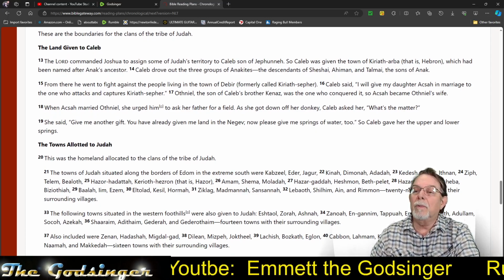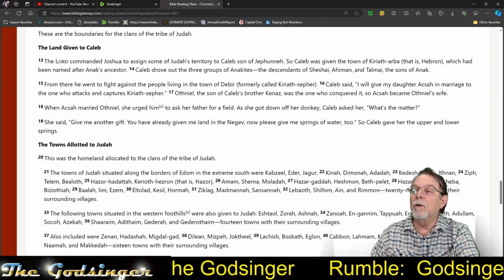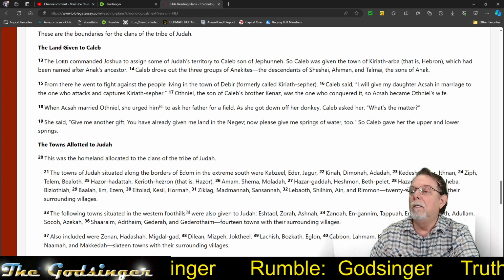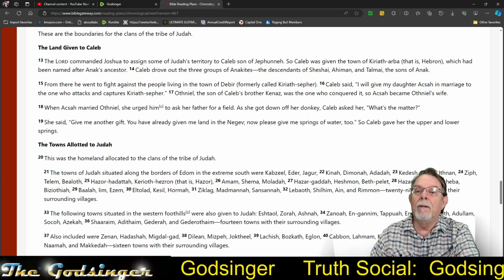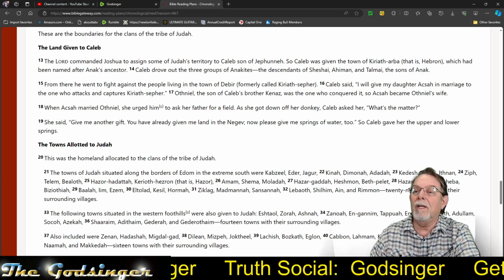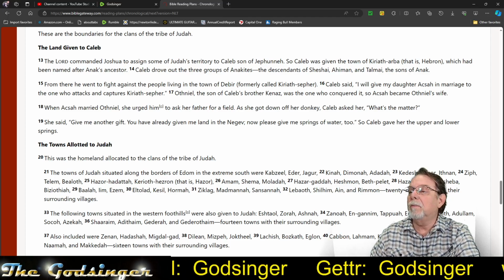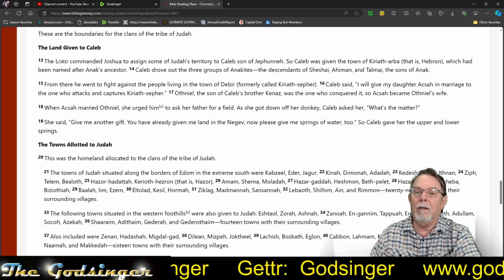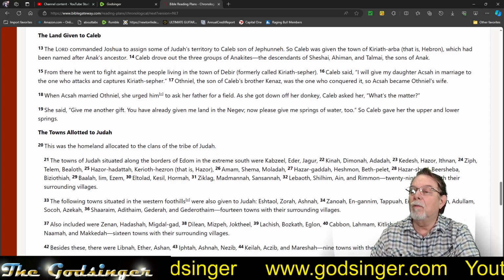The Lord commanded Joshua to assign some of Judah's territory to Caleb, son of Jephunneh. So Caleb was given the town of Hebron, that which is named after Anak's ancestor. Caleb drove out the three groups of Anakites, the descendants of Shemeshi, Eshmer, Talmai, and the sons of Anak. From there he went to fight against the people living in the town of Deborah, formerly called